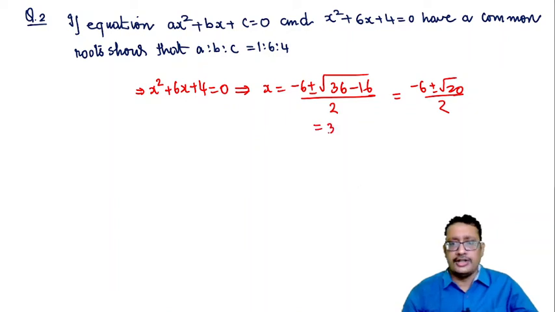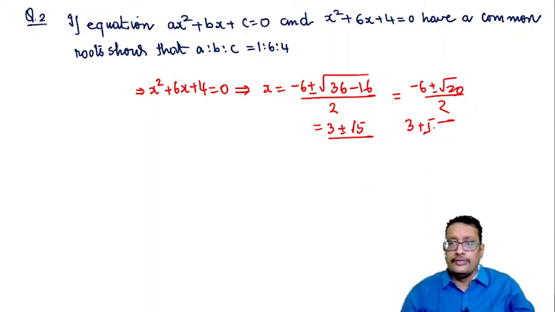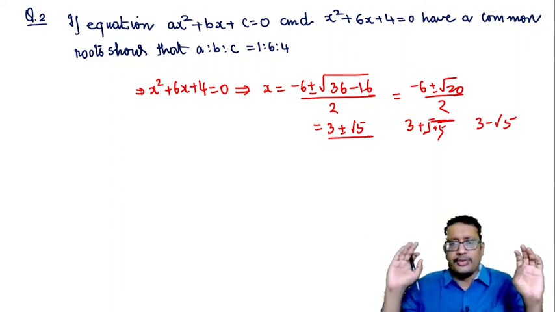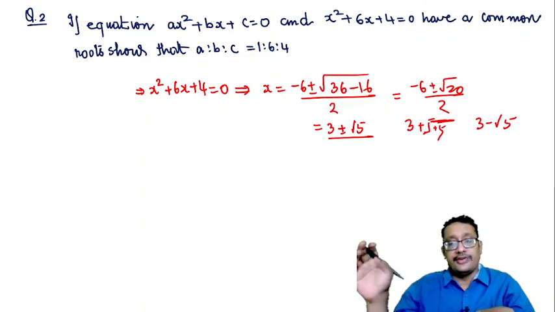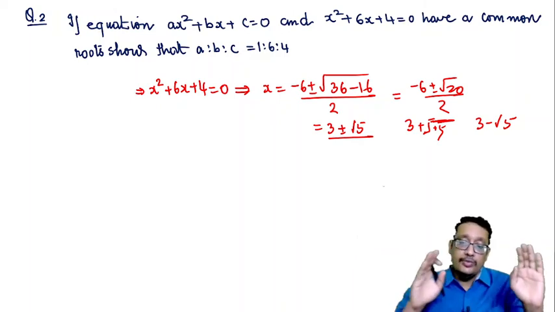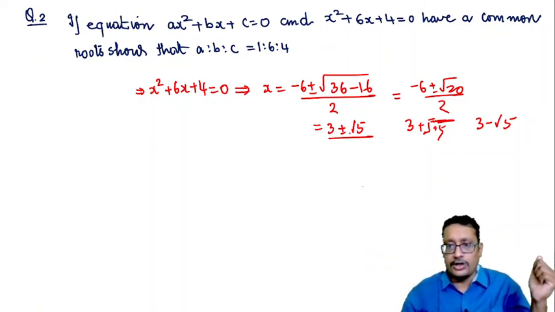Irrational roots also occur in pairs: −3 ± √5. One root is −3 + √5, another root will be −3 − √5. Again, let's consider −3 + √5 is a common root. But if −3 + √5 is a common root, then the other root, I am saying, will be −3 − √5, and it will also be common, because irrational roots occur in pairs.